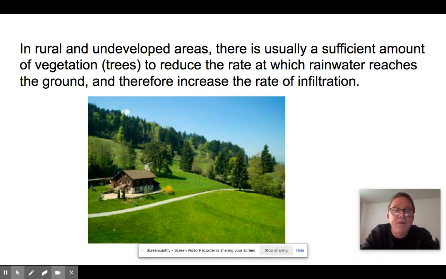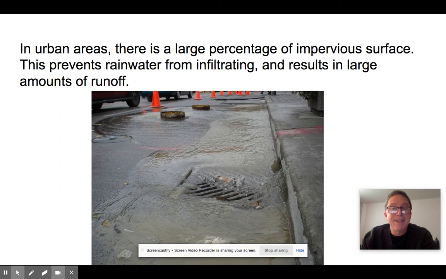In rural or undeveloped areas, there's a lot of vegetation. And as we've said all year long, vegetation slows down the rate at which rain reaches the ground, and it encourages it, therefore, to infiltrate the ground, percolate down through the soil, and become groundwater. And that reduces the rate at which runoff is produced. So there's a lot less runoff in a rural or wildland area than there would be in a city, because